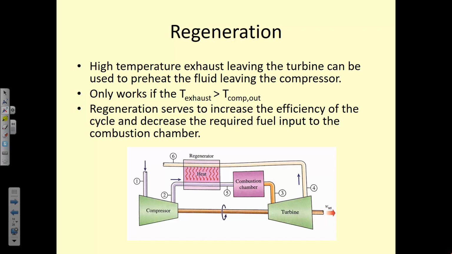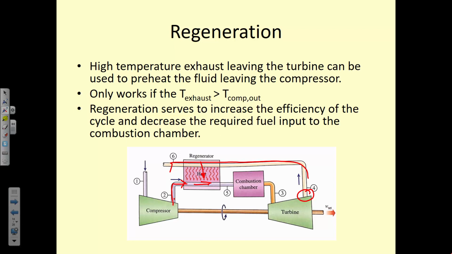So as we looked at the Stirling and the Ericsson cycles from last time, we can sometimes recoup some of the heat from our output or our exhaust and use it to preheat the fluid before it goes into the combustion chamber. So that's what we can do here too with gas turbine cycles, is this high temperature exhaust coming out of the turbine is used to preheat the gas as it leaves the compressor. So we just exchange heat between these two fluids. We're not violating any laws doing that,